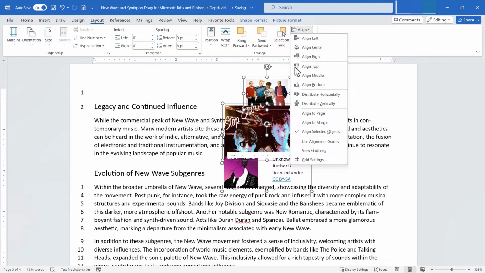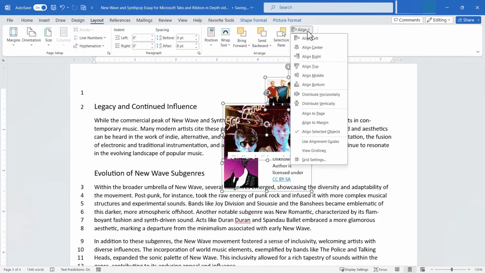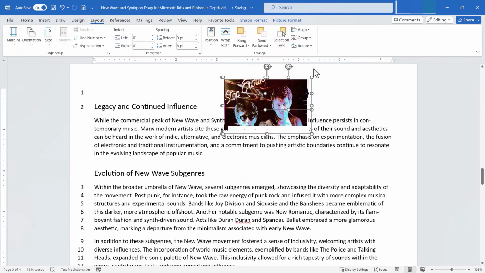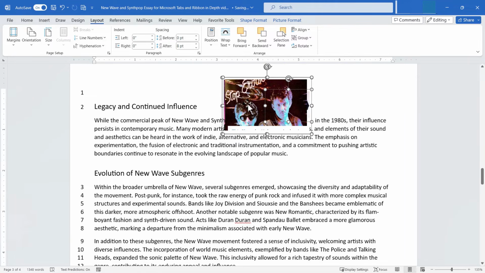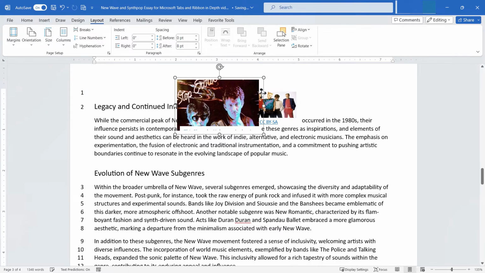With them still selected, notice that I can choose Align Left. Now they're all going to be lined up at the left edge. Align Right at the right edge. You can also align Top. Now this makes them all overlap, but at their top edges, they're all lined up perfectly. We can align them middle. Again, they're going to be overlapped, so it's going to be hard to see. But if I click away and then click on one of these images, you'll see that they're all now perfectly